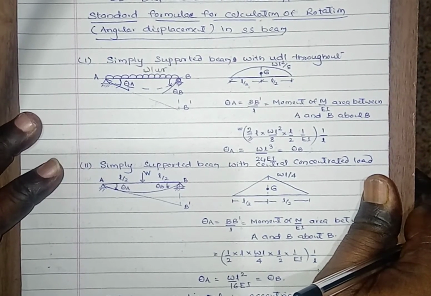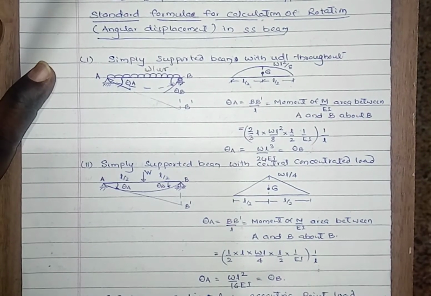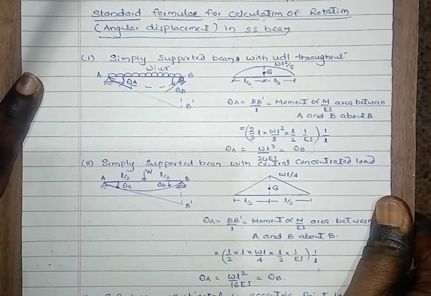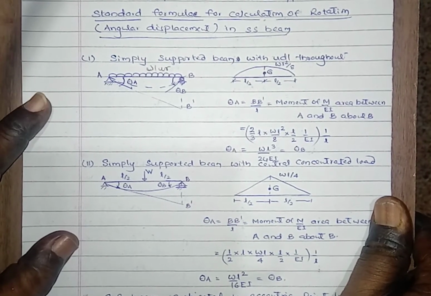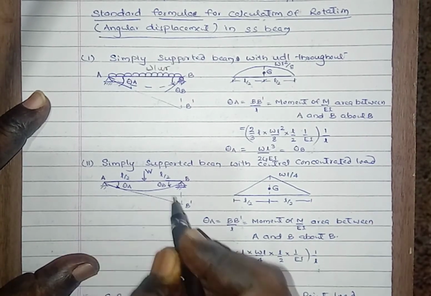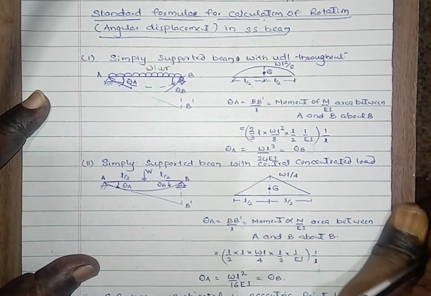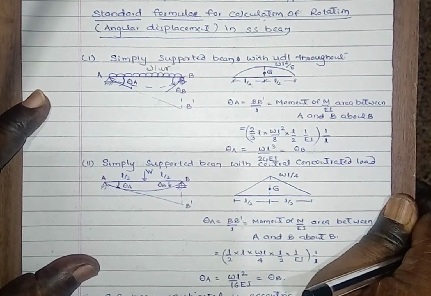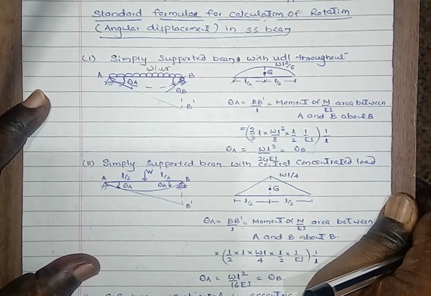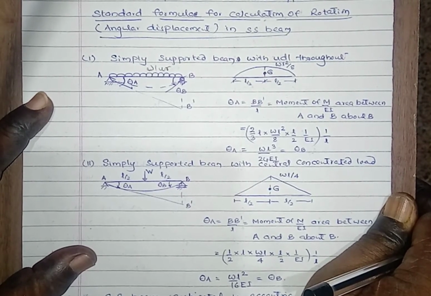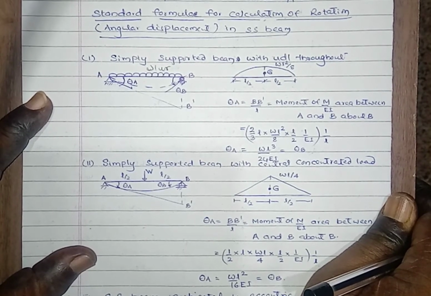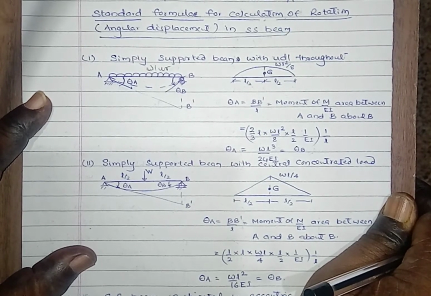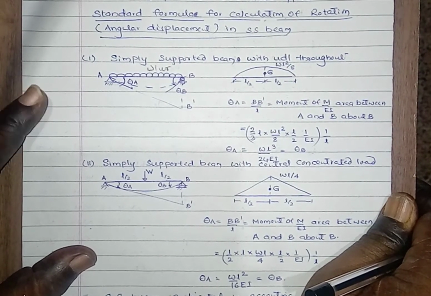Similarly, a simply supported beam with central concentrated load W, which is acting at the center. Then here again the same thing, this one is the deflected shape, this is the tangent, the tangential deflection at B due to tangent at A. By using that, first we have to calculate BB dash. Before that we have to draw the bending moment diagram. The maximum bending moment occurs below the point load at the center. The ordinate of the maximum bending moment is WL by 4. The centroidal distance is L by 2 from either end.